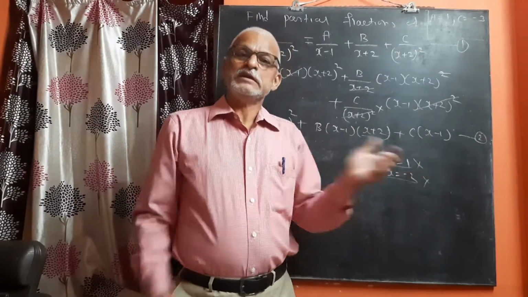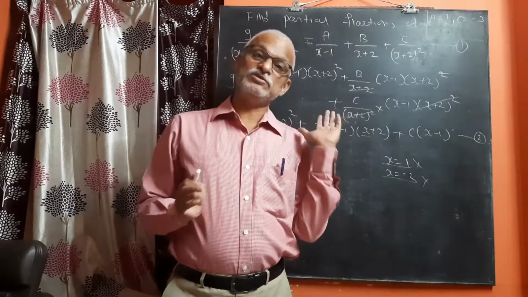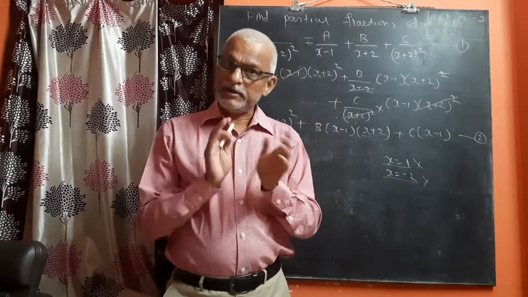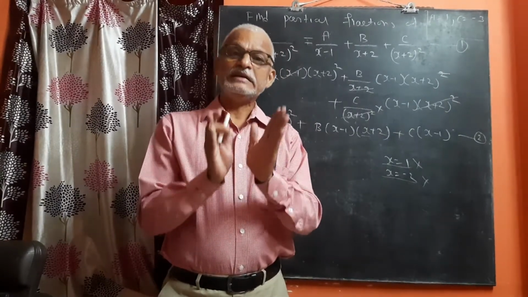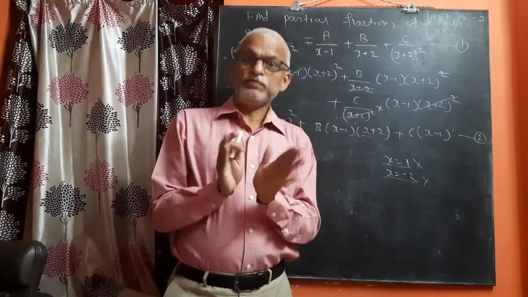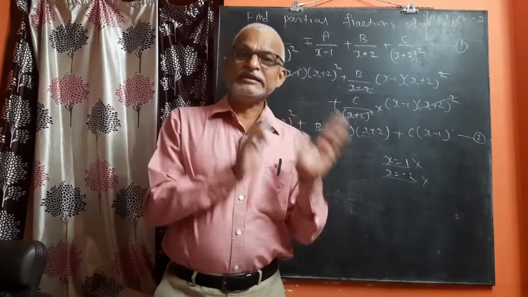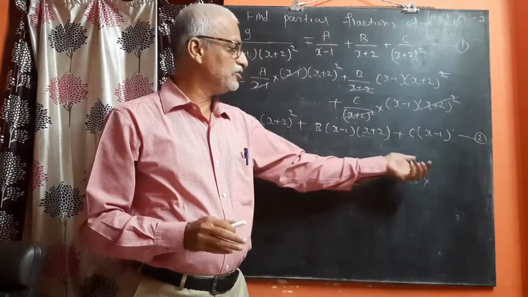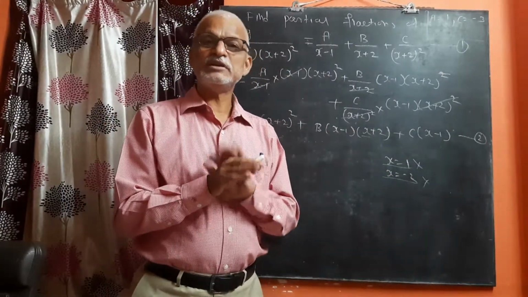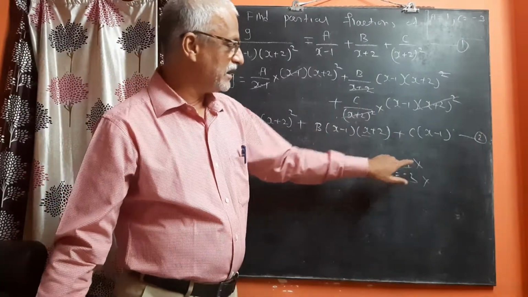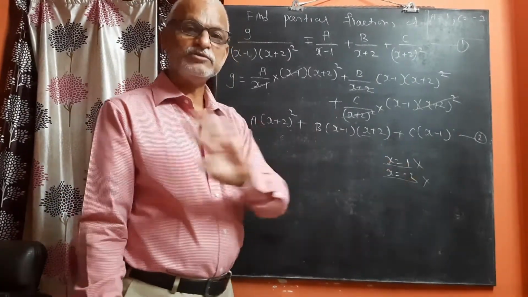The best substitution is x equals to 0 if it is not substituted already. I repeat again. The best substitution is x equals to 0 if the condition is that it should not be substituted previously. Means x equals to 0 आपका पहले substitution नहीं होना चाहिए. यहाँ पे है क्या, पहला फर्स्ट सब्स्टिट्यूशन आपका 1 है, सेकंड सब्स्टिट्यूशन -2 है, यानी x equals to 0 हम लोगों ने अभी तक सब्स्टिट्यूट नहीं किया है.